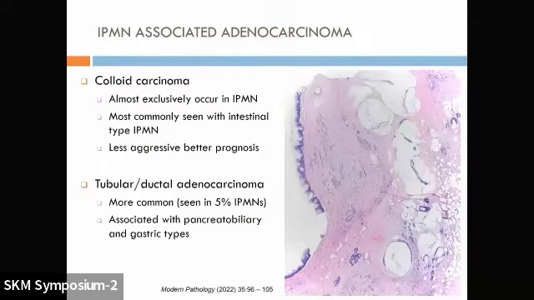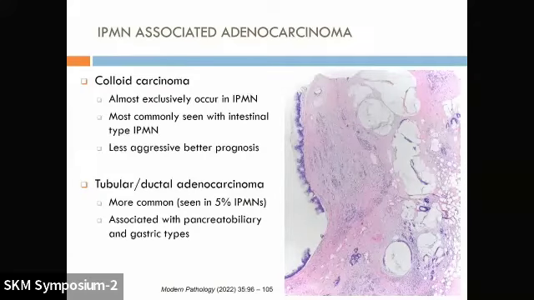IPMNs can also have a significant high risk of association with malignant neoplasms. One of the neoplasms that is exclusively seen in IPMN is colloid carcinoma. It typically arises from IPMN that harbors intestinal type of epithelium. Important thing to note about this tumor is that it has a far better prognosis than the conventional ductal